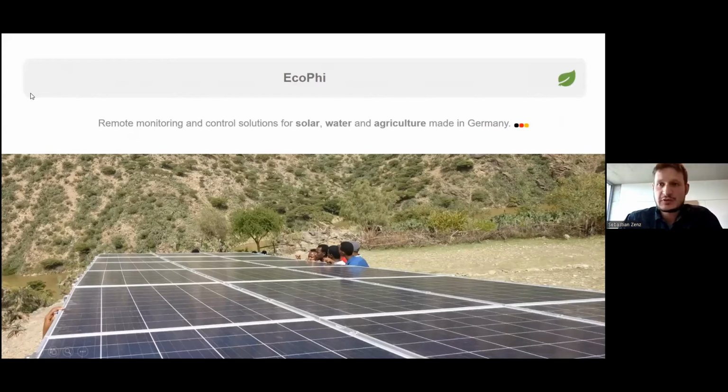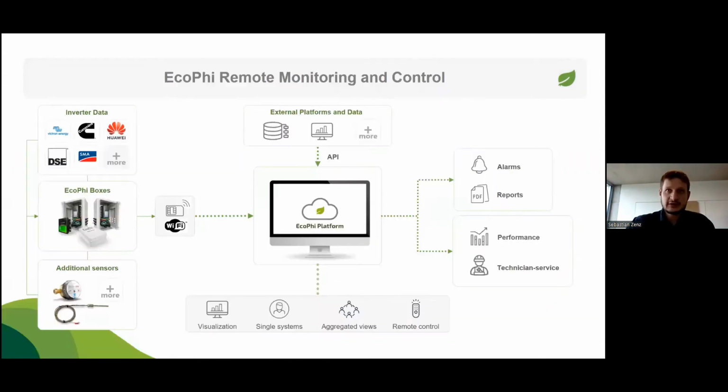As Daniel said, I'm one of the co-founders of Eco-Free Renewables Engineering. We focus especially on Africa, on solar, water, and agriculture. As the former speaker said, especially in Africa, there are a lot of projects where you need extra data, where just the pure solar data is not enough, because very often solar comes with a purpose, and for that we designed and fully integrated infrastructure for information